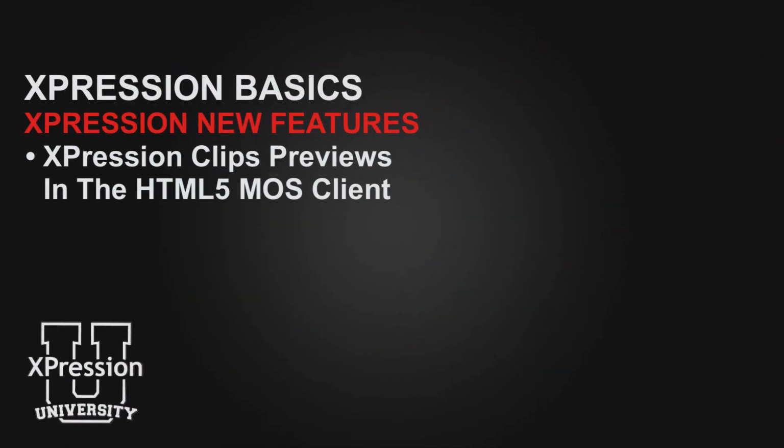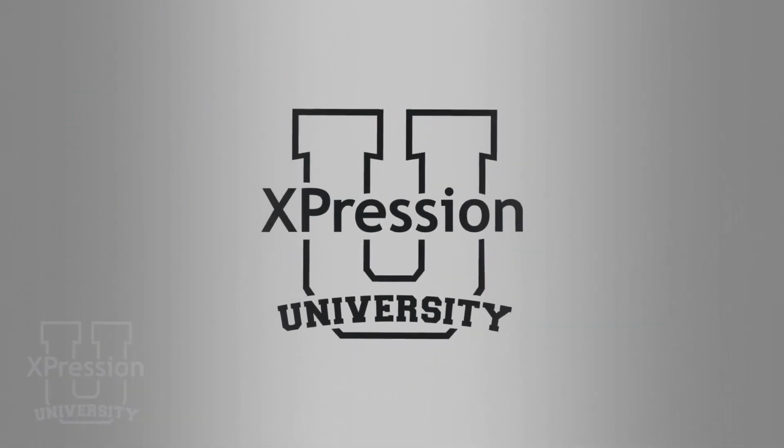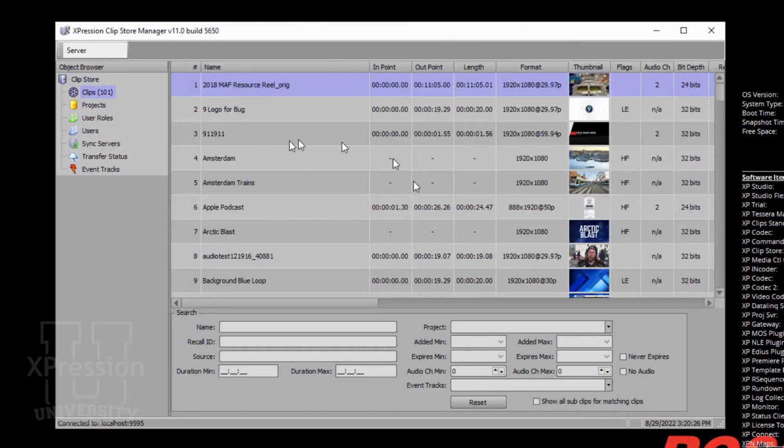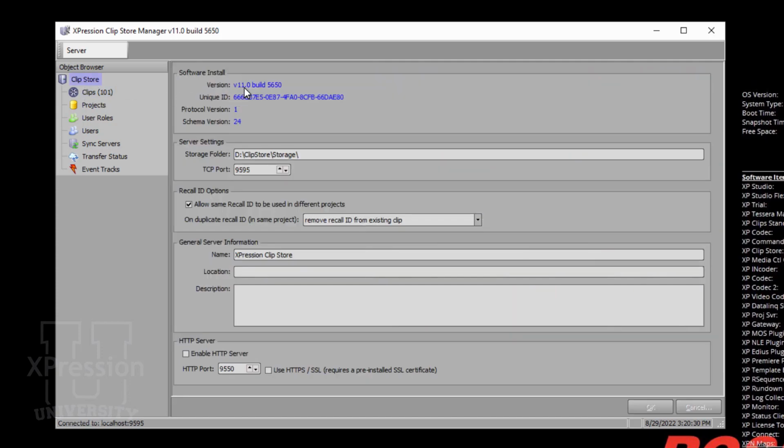I'd like to show you a new feature in the XPression HTML5 plugin, the ability to preview your XPression clips content inside the plugin. So we're going to start off here looking at the XPression Clip Store Manager. And normally when you're looking at this, you're usually on the second item, which is the clip browser. But I want to show you if you go to the Clip Store on version 11, build 5650 and higher,